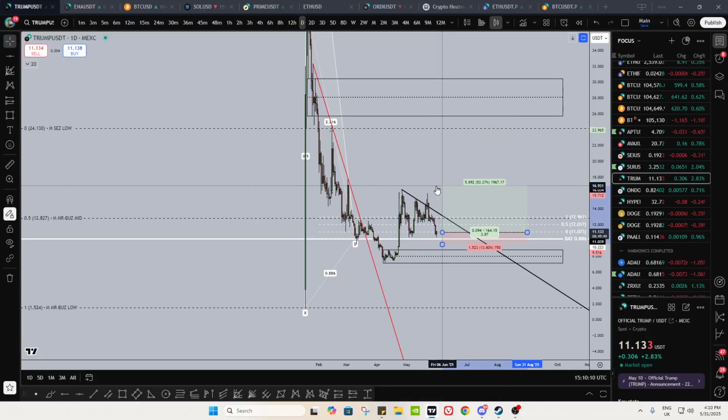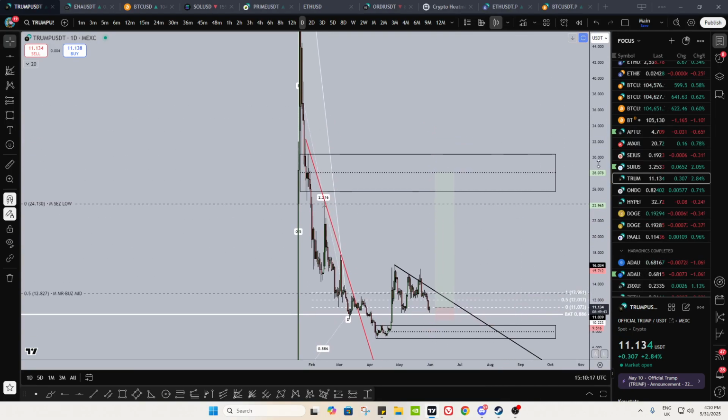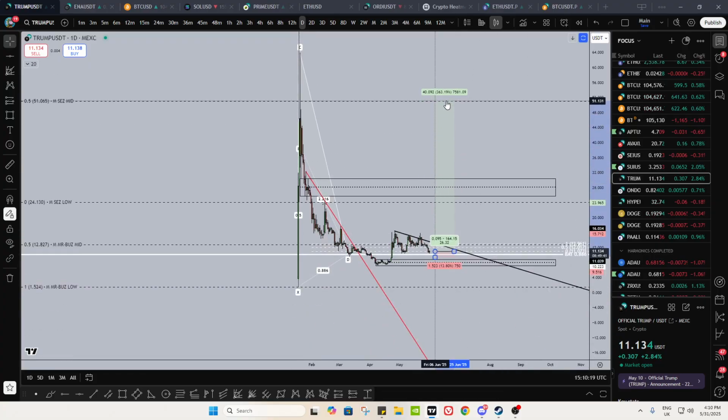Even just to a rate of these highs, let's say, maybe somewhere towards here, that's a 56% move, right? If you go to here, that is a 154% move, and should that ever go up to here, that's a 362% move, right, to $51 from where we are. So Trump, again, not at a bad price either.